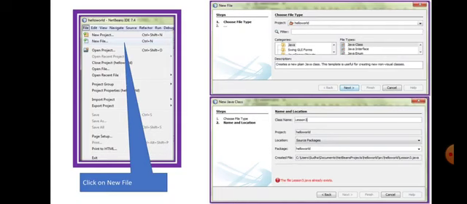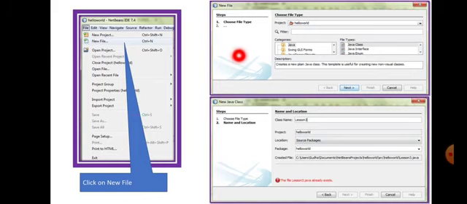Now, how to create a new project? This is very important, children. As soon as you open NetBeans, it will ask you to create a new file. Here, click on new file. The command for new file is Control N, as it is given very clearly over here. So you can do that, and soon after that it will show you a list.